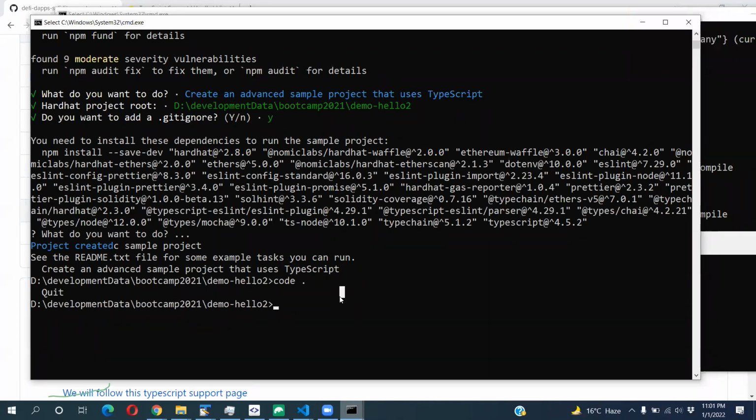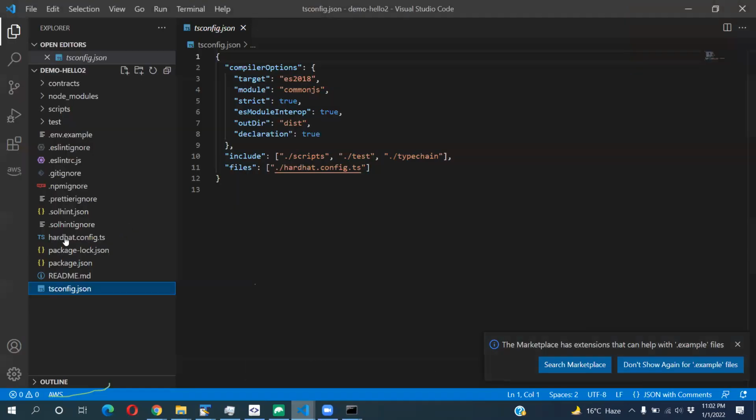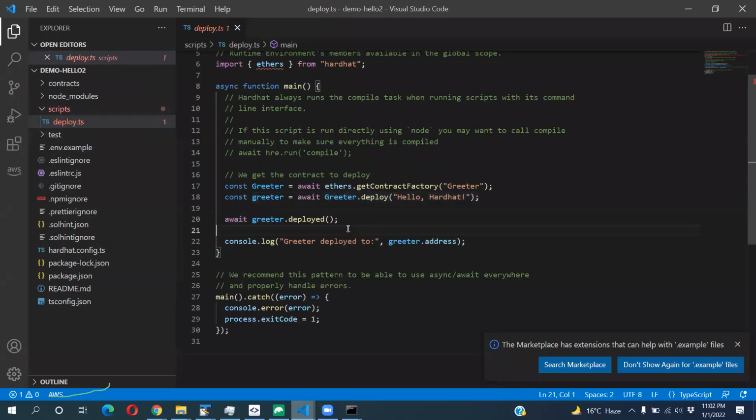Sir, I had a question: would you focus on the front end part of the dApps in this bootcamp, or would we only handle the backend? Mostly we'll be handling the backend, but definitely I'll have to show you how you will be calling it, how you will be running it. For that, I'll be running those in a script file. So only this, teaching us the Ethers or Web3 library? Yes, basically.